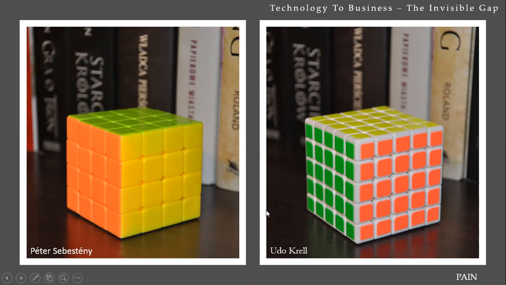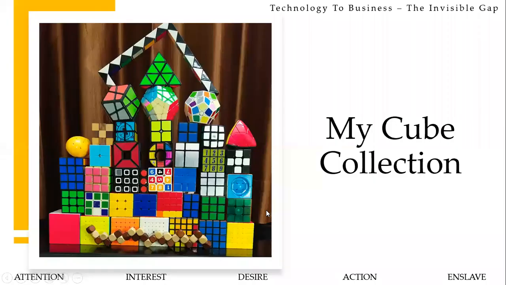I still have them. Ultimately, I have this collection of Rubik's cubes. I have almost 50 different types of cubes. There are 20 plus different types of cubes over here, but overall there are 50 cubes. There's a snake cube, there's a number cube, this is a mirror cube. There are so many different cubes. This is a 9 by 9, by the way.